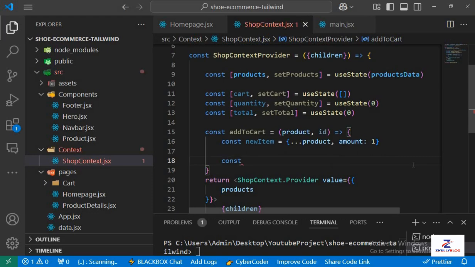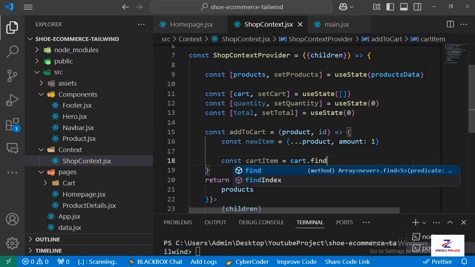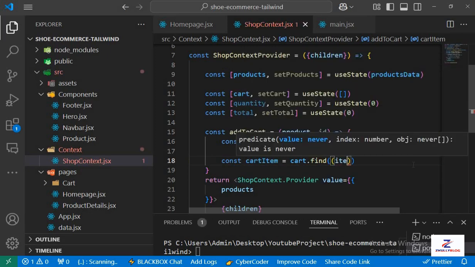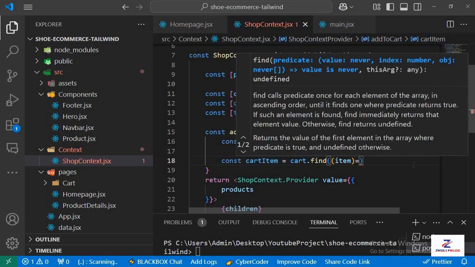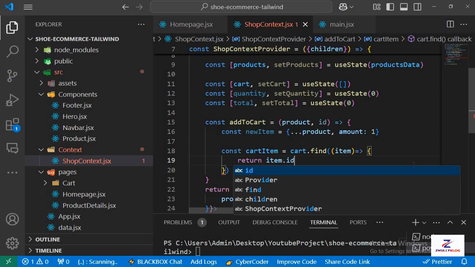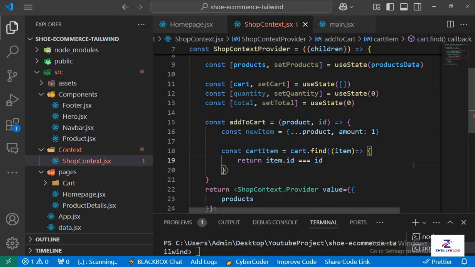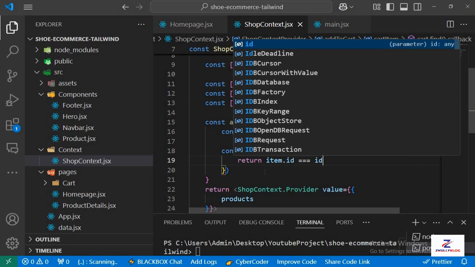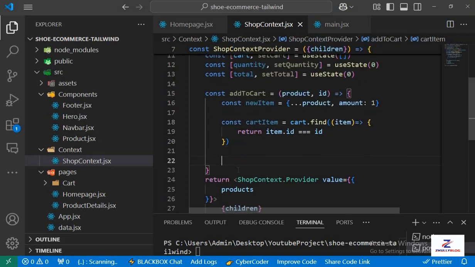Const, we're going to create a variable that's going to hold that, cartItem, will be equal to cart.find item, and here we check if the item ID matches. So return item.id, id if it matches. So if the product is already in carts, I'm going to use an if statement here. If cartItem exists,